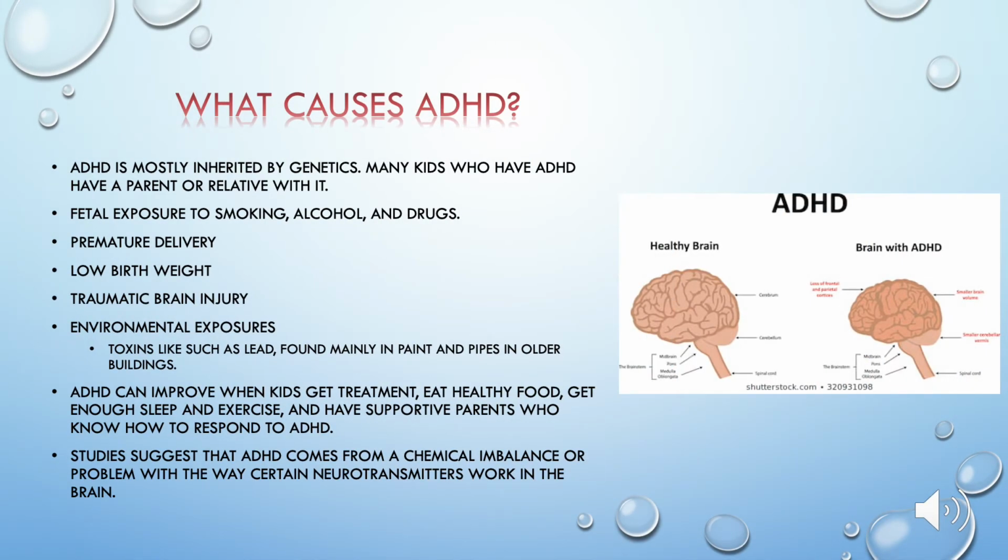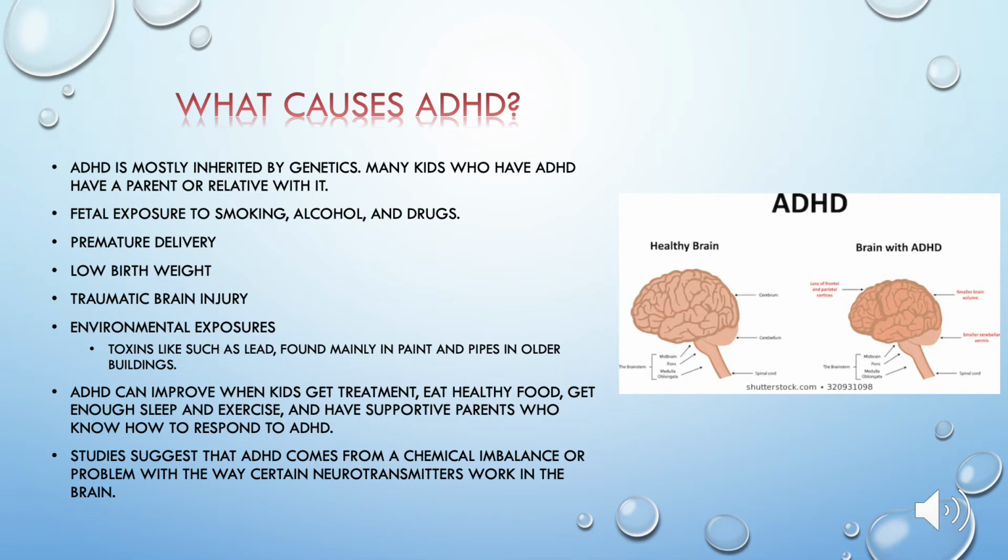What causes ADHD? ADHD is mostly inherited by genetics. Many kids who have ADHD have a parent or relative with it. Another reason is fetal exposure to smoking, alcohol, and drugs. Another one is premature delivery and low birth weight. Also traumatic brain injury and environmental exposures, which are toxins such as lead, found mainly in paint and pipes